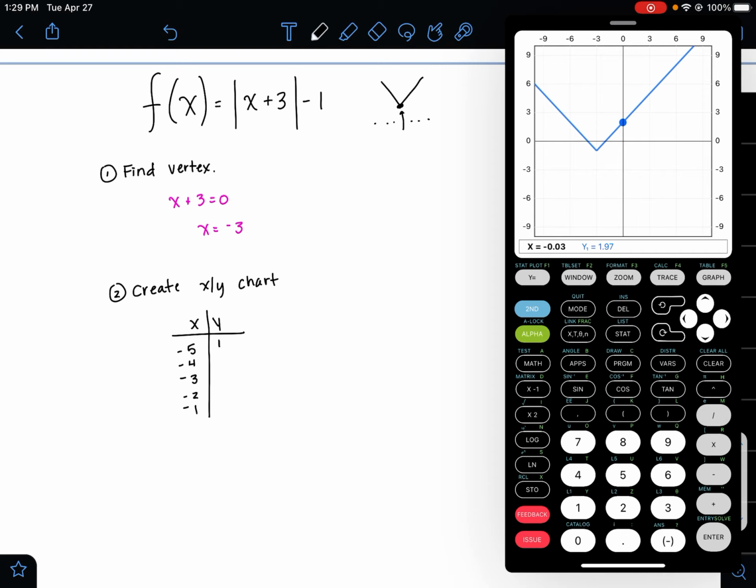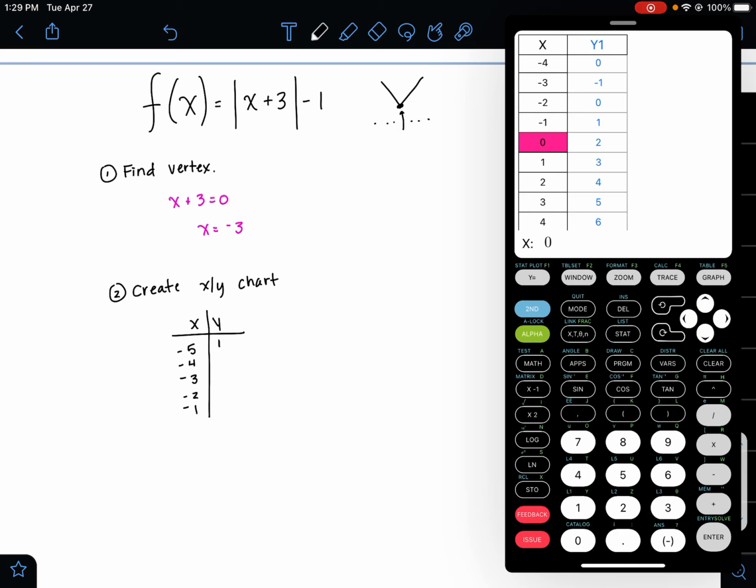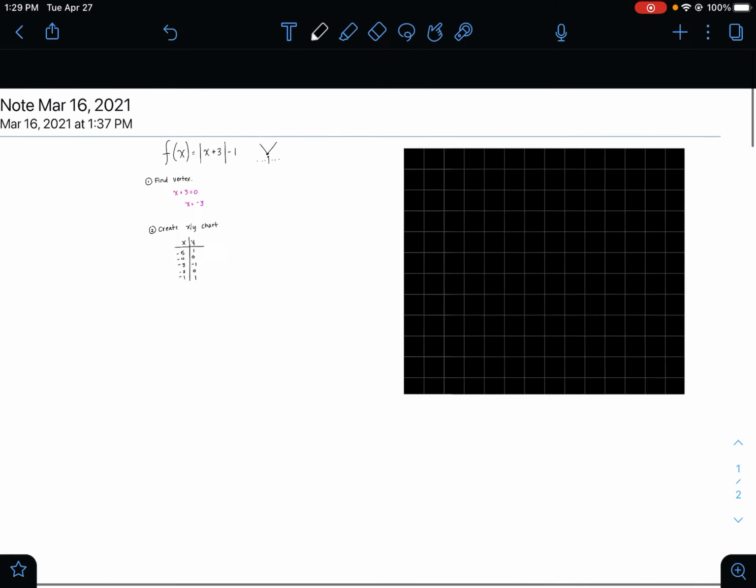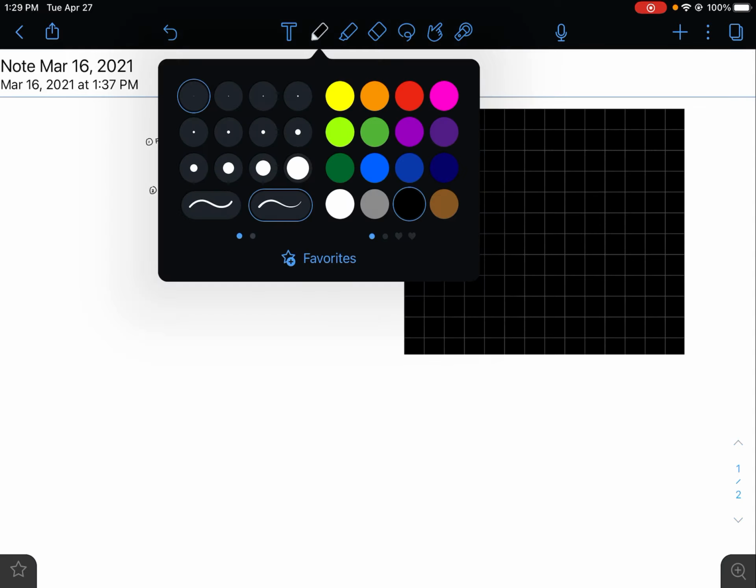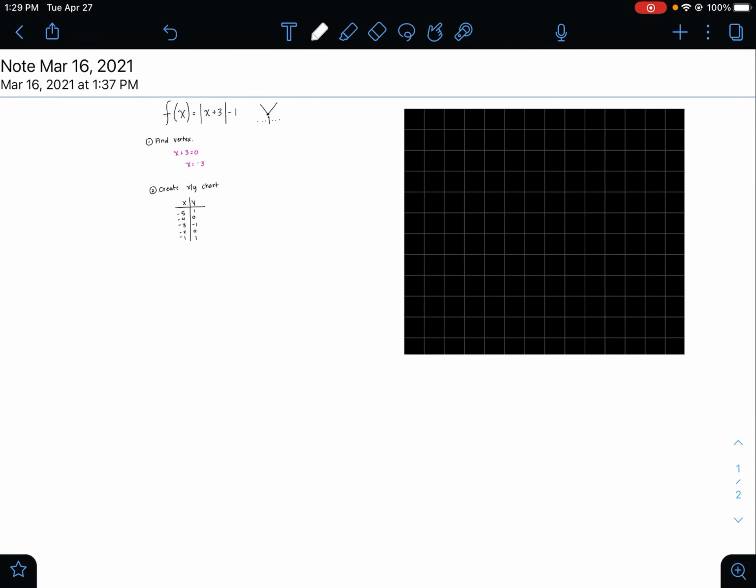That way if you type something wrong in the calculator, I'm able to see, okay, where did you make your mistake? Does your XY chart look off? So I'm going to go to table, and this is where I wanted to come here, so -4, and if I scrolled up I could see -5. So -4 is 0, -3 is -1, -2 is 0, and -1 is +1. All right. So I'm going to use those to create my XY